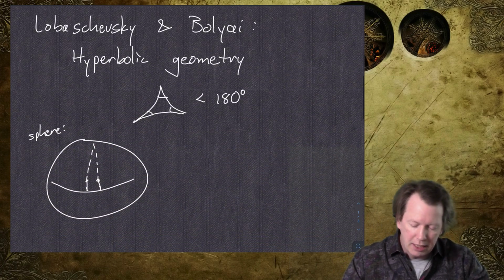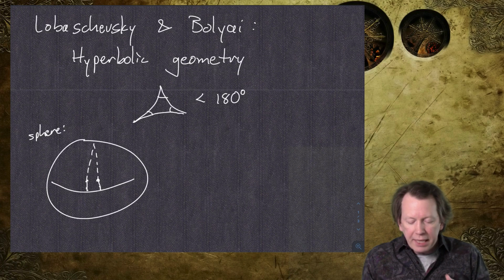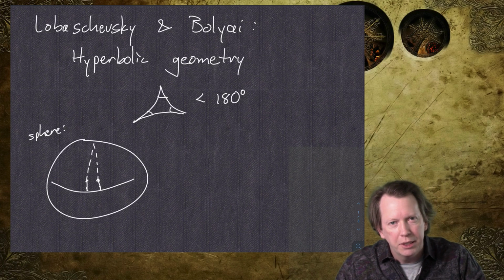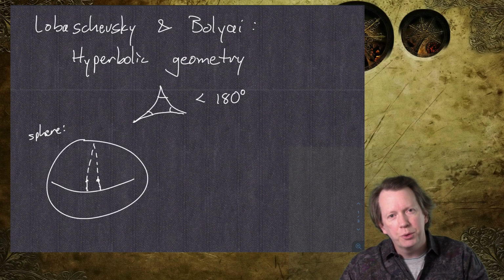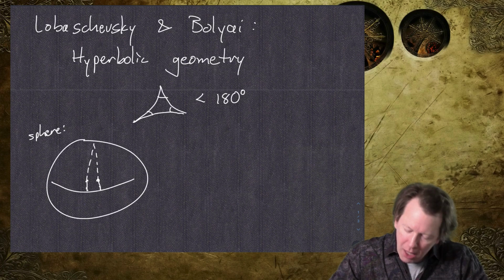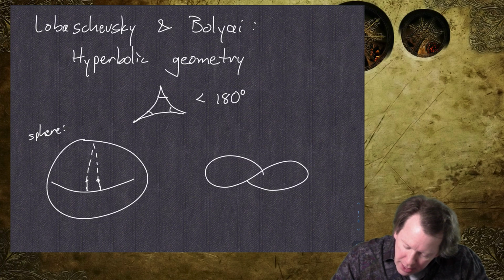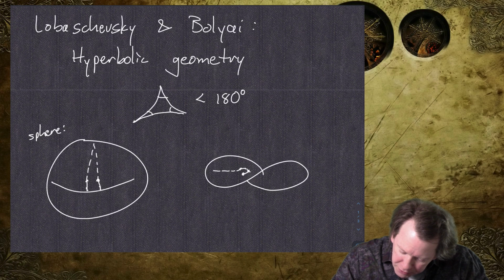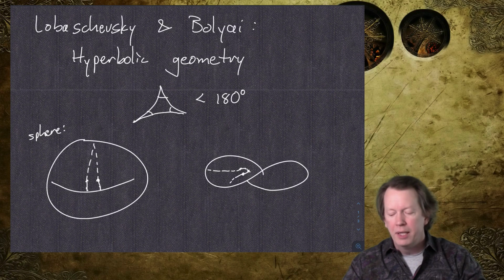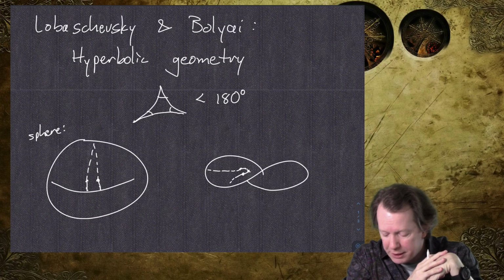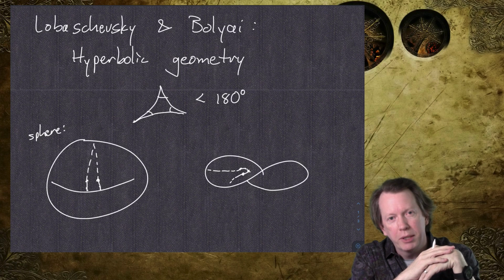So this spherical geometry is very visualizable, whereas if you actually want to get hyperbolic geometry, people say it's sort of saddle-shaped and things like that. So you can draw a saddle, and you can put a point there and have two lines that are initially parallel, and they will diverge from each other. So a saddle shape, or a Pringle, if you're a fan of the American potato chips,